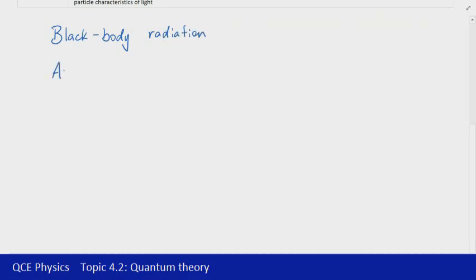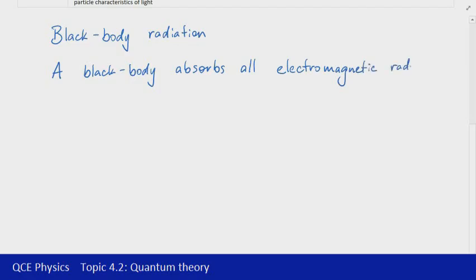Now, the first thing is to identify what a black body actually is. So a black body is an object that absorbs all electromagnetic radiation that falls on it. When we're talking about electromagnetic radiation, we can substitute that idea of electromagnetic waves in here as well. So it doesn't just have to be radiation that we're talking about. Ultimately, though, we're interested in the energy that's falling on the object, and hence why we're using the term black body radiation.